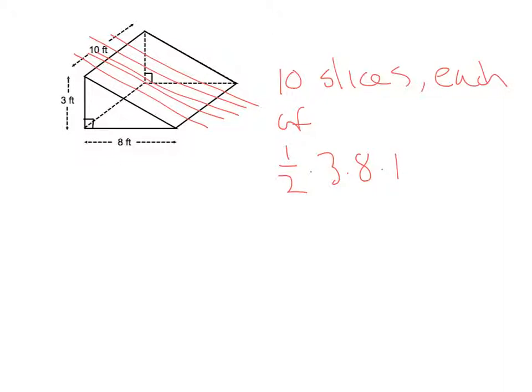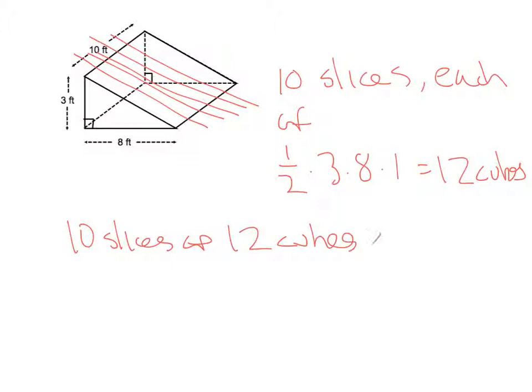In other words, it's half of 24, or 12 cubes in a slice. And of course there's 10 slices, so 10 slices of 12 cubes each is 120 cubes,